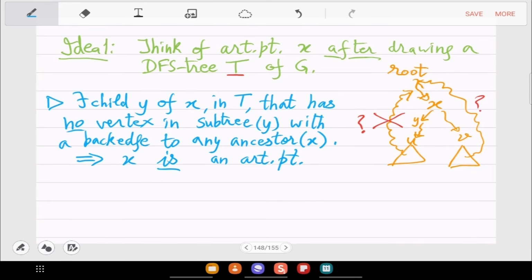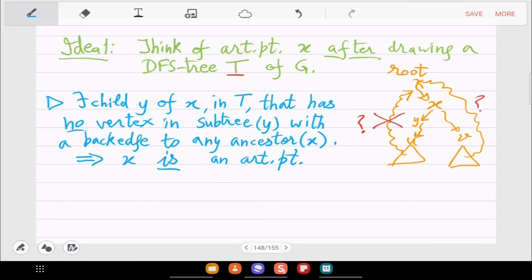The reason is this: in this picture, once you go down Y from X in the DFS tree, there is no way to bypass X and go above X. Which means that when you delete X, there will be some vertex U in the subtree of Y from which some vertex V in the subtree of the other child of X will be impossible to reach,